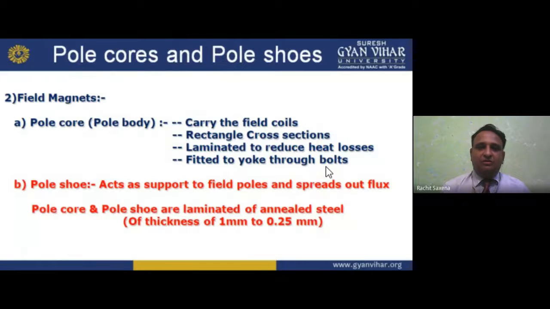Now moving forward, pole cores and pole shoes. Now this is the main, important part. We also call them field magnets. One thing I already told you in my lectures, that two things are possible. One is the permanent magnet, another is the electromagnet, which is called a temporary magnet. If we purchase a permanent magnet of small size, it costs a lot. But if I want to purchase in a huge quantity or big size, it is not feasible.